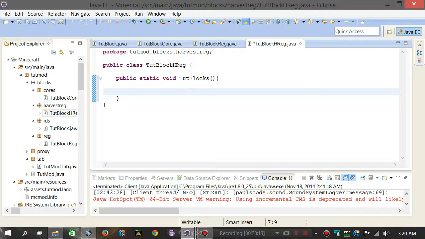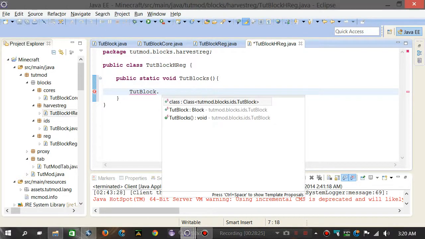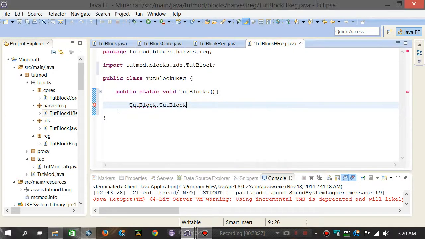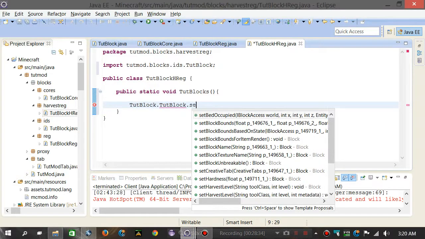Then we want to put block dot block dot set